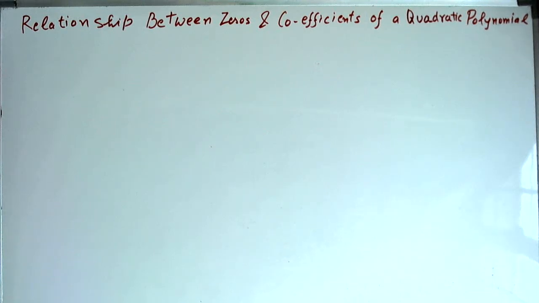In this video, we will learn the relationship between the zeros of a polynomial and its coefficients. That means that for a polynomial, what is the relationship between its coefficients and the zeros of the polynomial. So first we will learn about the quadratic equation. So let us take a quadratic equation